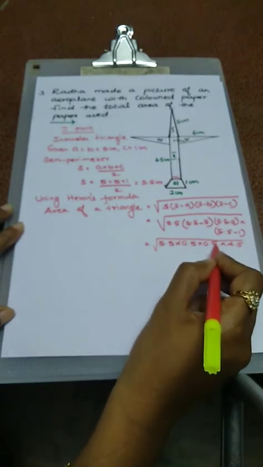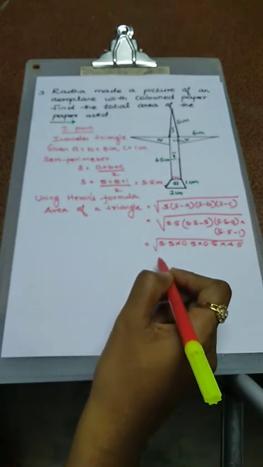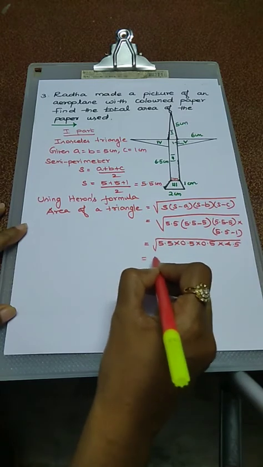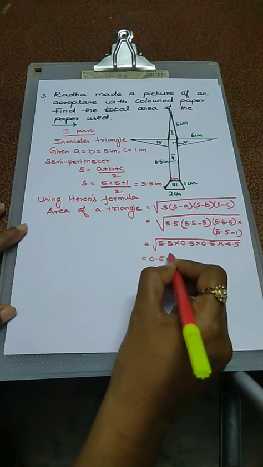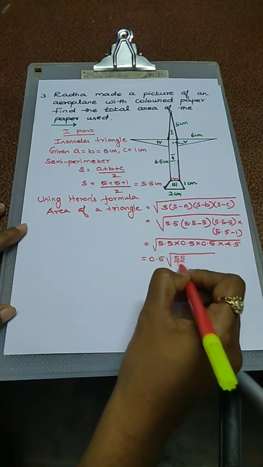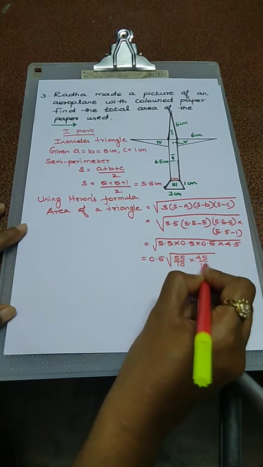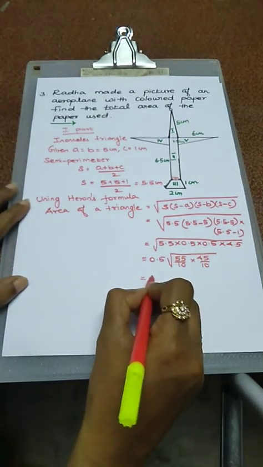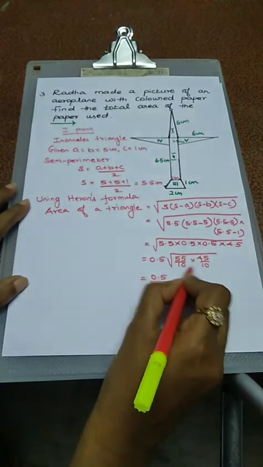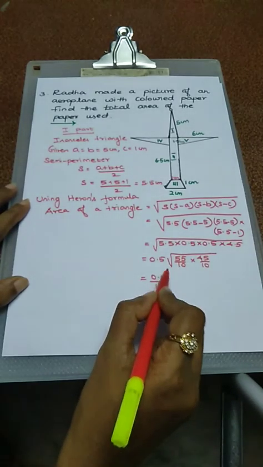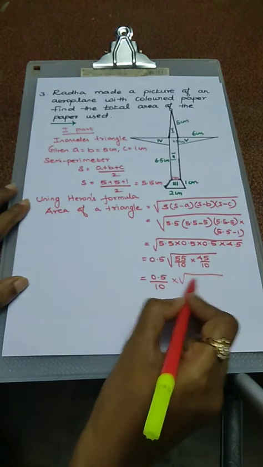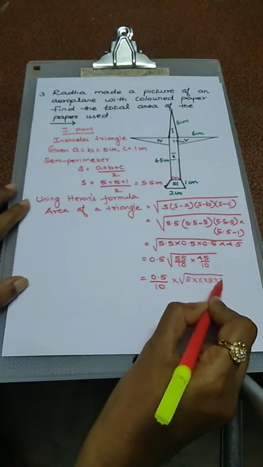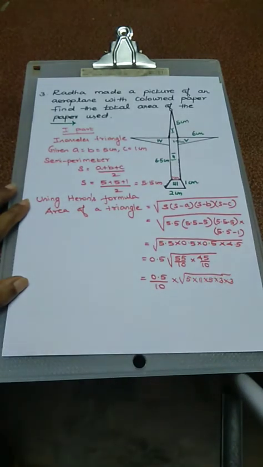Taking out of the square root now, that is 0.5 only. How can we write the 0.5? We have to mention 0.5 first. Then we have to change the value. Square root of this is actually 55 by 10 into another one 45 by 10. For our comfort, we use this 10 by 10. Another one is 0.5 by 10. Take the 10 out of the square root. So 0.5 by 10 into split the value 55, 5 into 11. Another one 45, so 5 into 3 into 3 because 5 nines are 45.